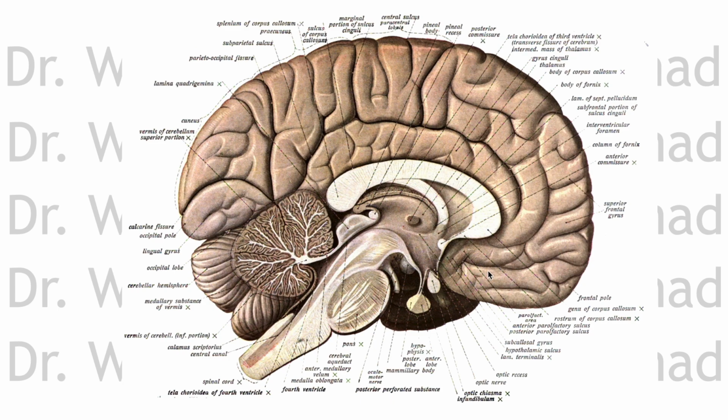The cingulate gyrus: cingulate means a belt that stretches around the corpus callosum. This is the corpus callosum. You can see the parts of the corpus callosum, which are the rostrum, genu, body, and splenium of the corpus callosum,